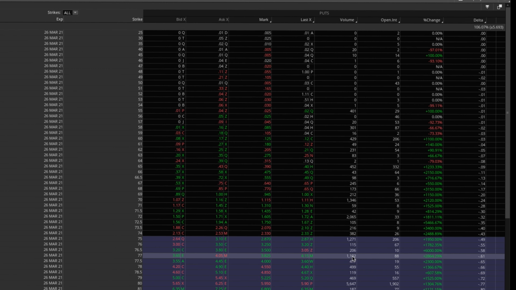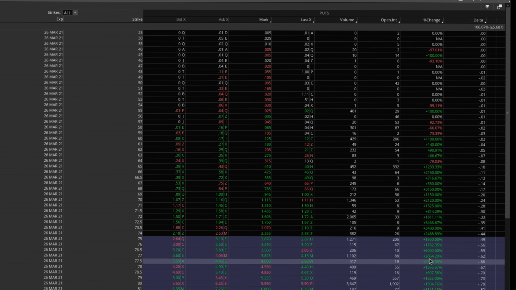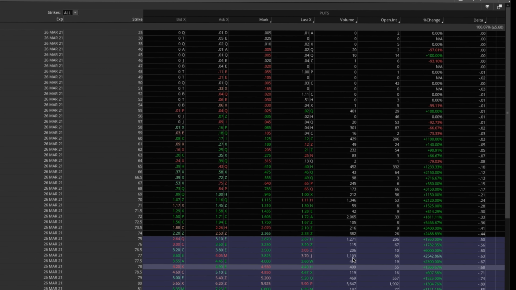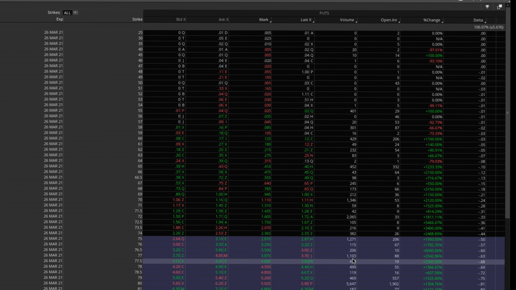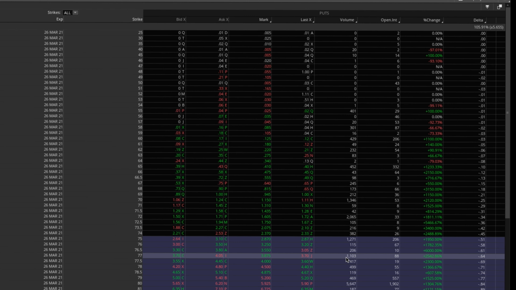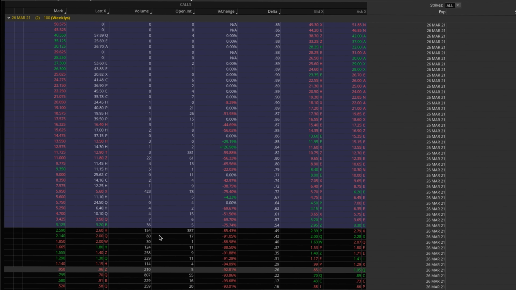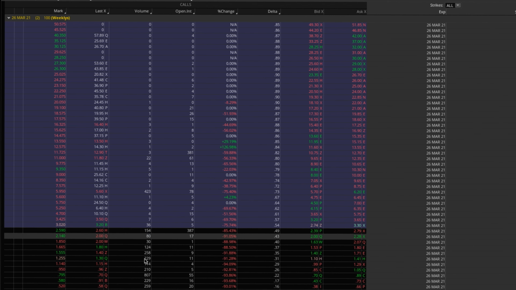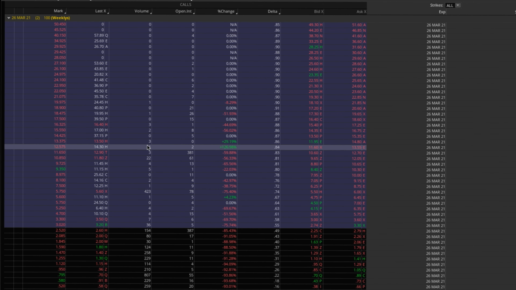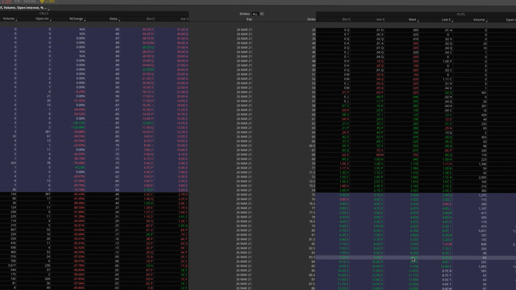We have 1,100 volume when the open interest is 88. So there's definitely a significant change there, right? So is the list giving me accurate alerts? I would say yes. It's giving me a good amount of significant alerts on the strikes that are having a significant change. In comparison to the calls, you can see here, they're not doing too much at the same strikes or in the money. So this is how I like to scan and then go ahead and monitor the flow into the options on